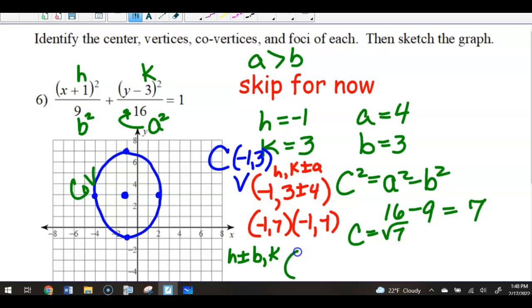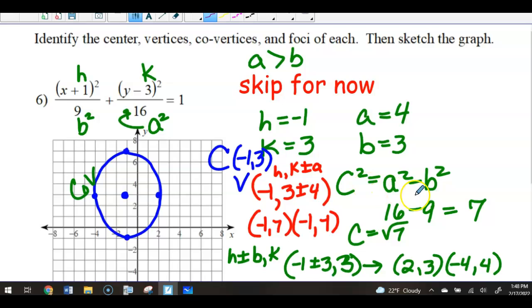So we have -1 plus or minus 3, comma 4. Nope, 3, comma 3, sorry. So that would become -1 plus 3 would be 2, 3. And -1 minus 3 would be -4, 3. I hope that's where I have them. -4, 3, and 2, 3. Yep, that looks good. Only other thing you have to do on a quiz is find the foci, and those